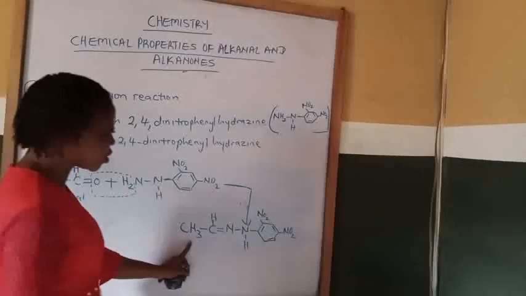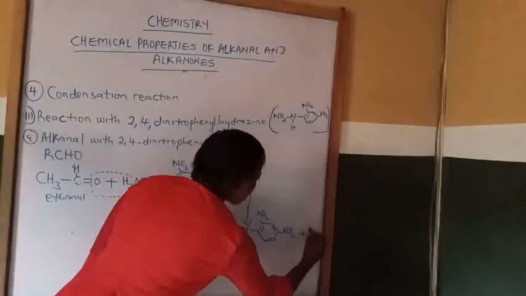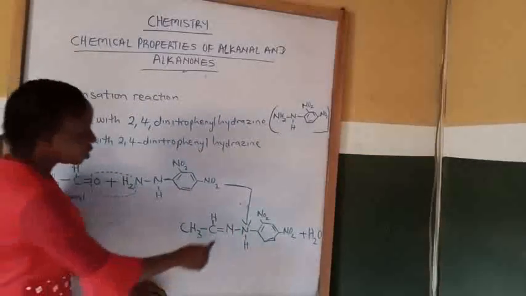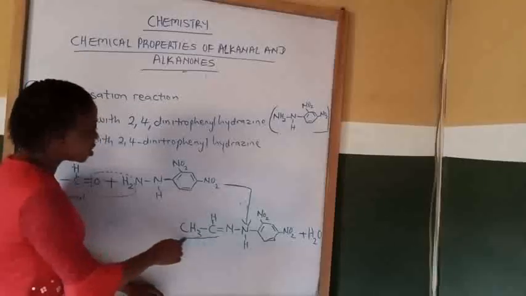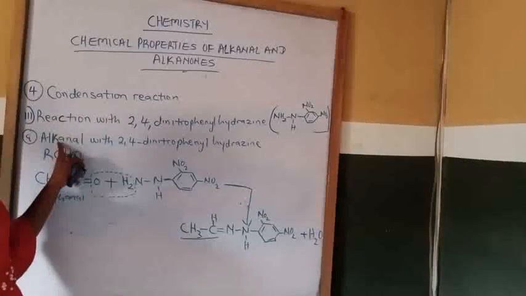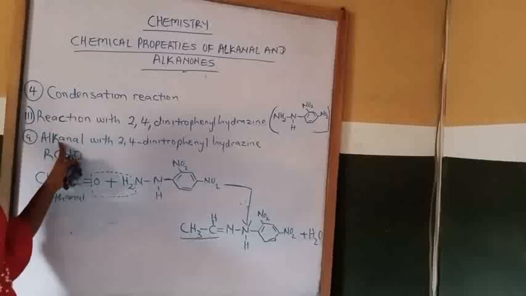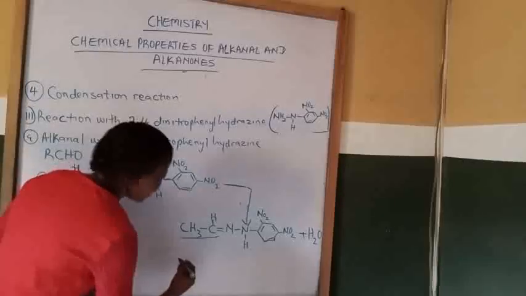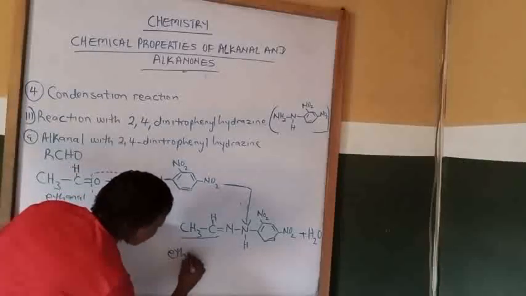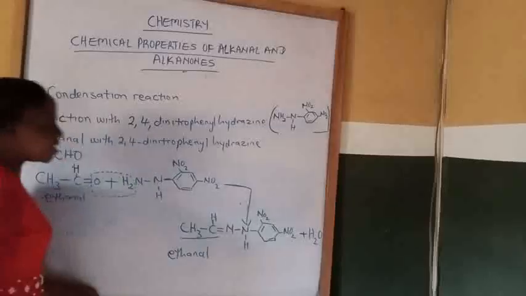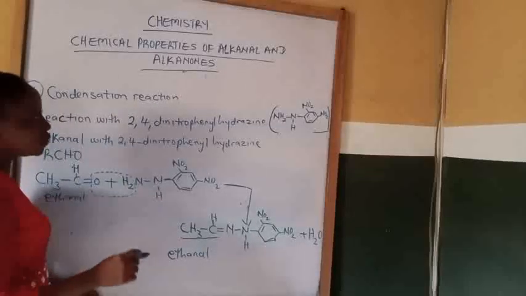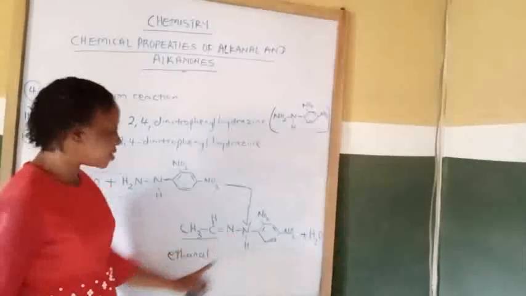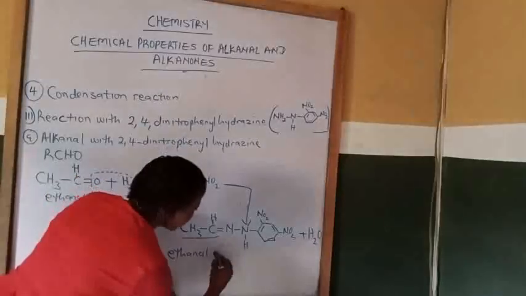So let's name our product form plus the water molecule that we eliminated plus H2O. So what is the product form? The first part of the product is from what? It is from alkanal. The first part of the product is from alkanal. Then an alkanal with two carbon atoms is called what? Ethanal. Then ethanal what? 2,4-dinitrovinyl what? Hydrazone, because there is loss of hydrogen atom from hydrazine. So we call it ethanal